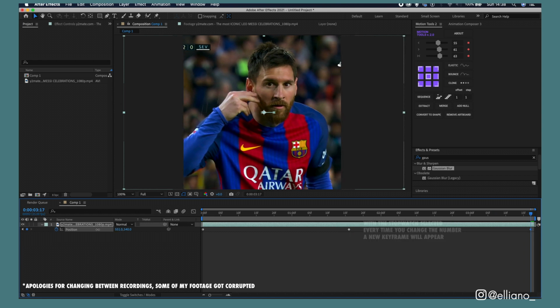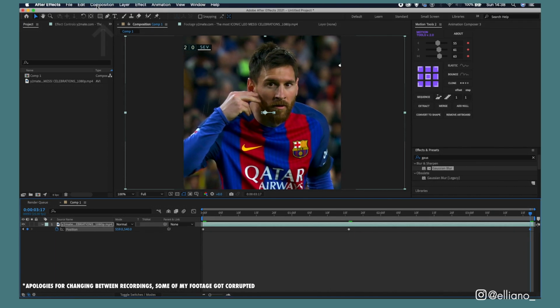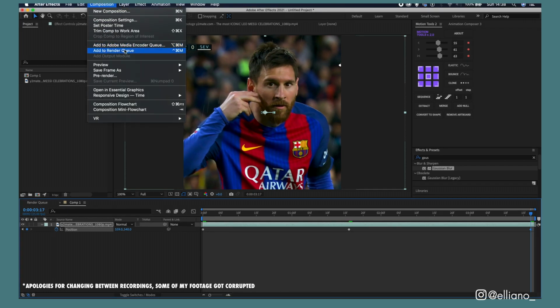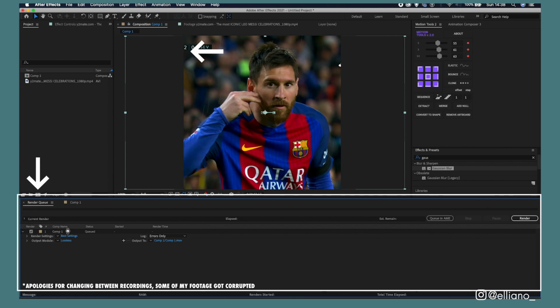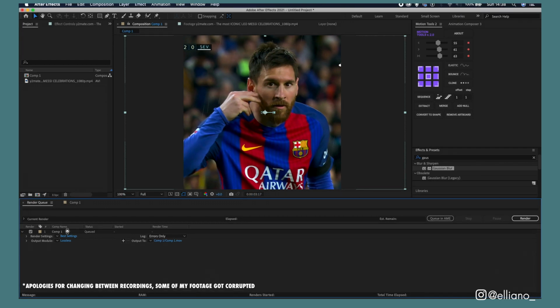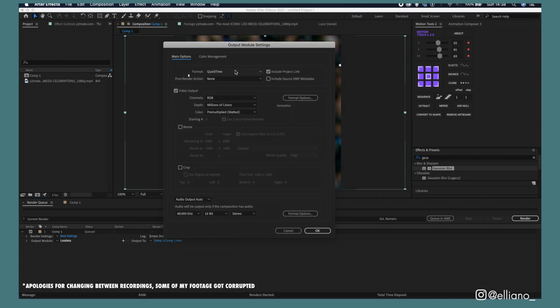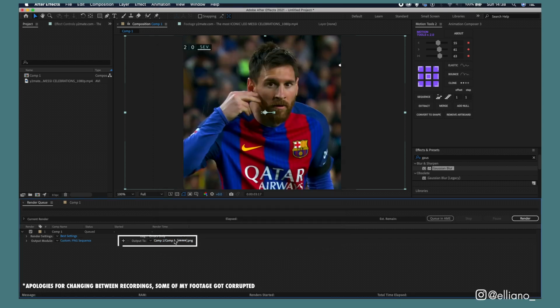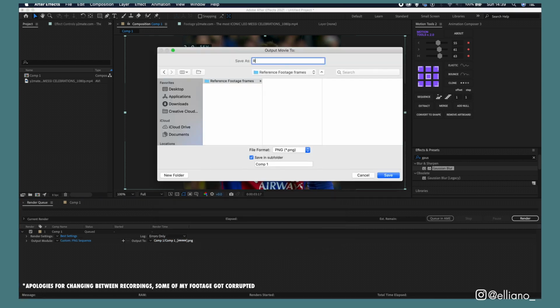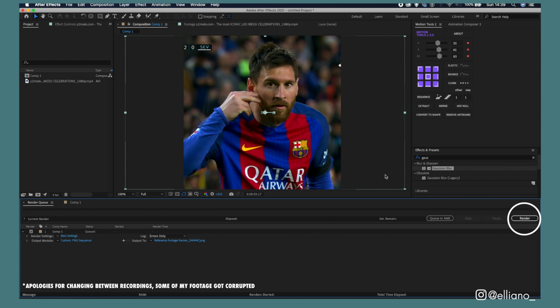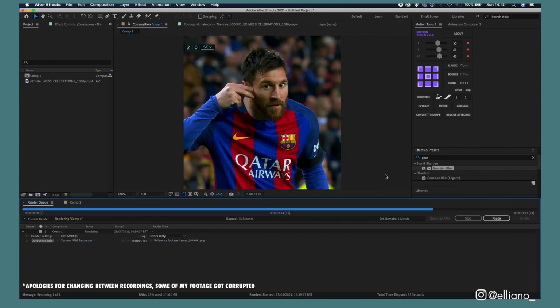Now you're ready to render out your reference frames to go into the EbSynth software. Simply click the Composition tab at the top of the window and click Add to Render Queue. This will load up the render queue on your timeline. Click this lossless hyperlink and you will be able to choose the type of file you want to export to. Click the drop down menu and select PNG sequence. After that, click on this hyperlink on the Output To tab, and from here you can select where you want to save your frames. I'm going to save it into a folder called Reference Footage Frames. From there you can click the render button and you will now have all your frames ready to edit in